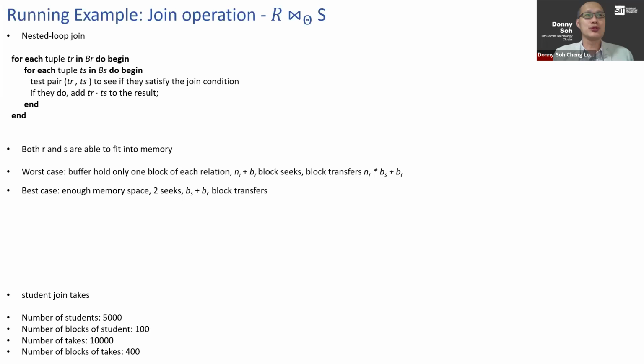So in the nested loop join, what is going to happen is that we have to load in, so-called, rather compare tuple by tuple. So there's no block loop here. So we have to load in tuple by tuple. Okay. So let's see